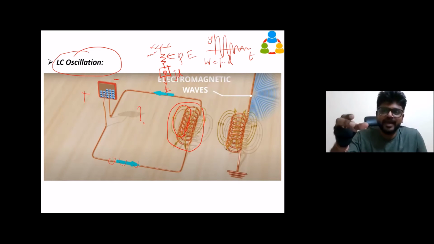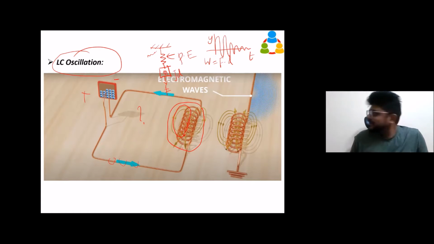If we keep a permanent magnet or bar magnet static, nothing will happen. Okay, so that's what is more important. Change in magnetic field induces the current. So here, what is changing? The current flowing in the circuit is changing because it's increasing. Because the capacitor is fully loaded, the capacitor is discharging, the current is increasing, so the magnetic field linked to the coil is increasing, and there will be an induced voltage.